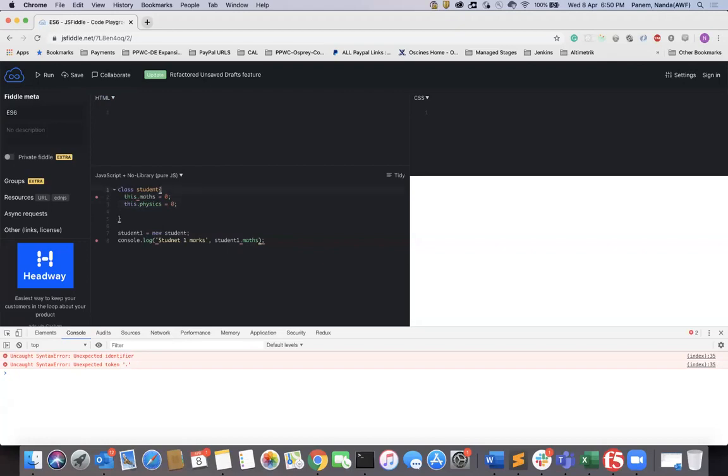Let me create a constructor over here. Okay, I've created student 1 dot marks, student 2 dot marks, HS.